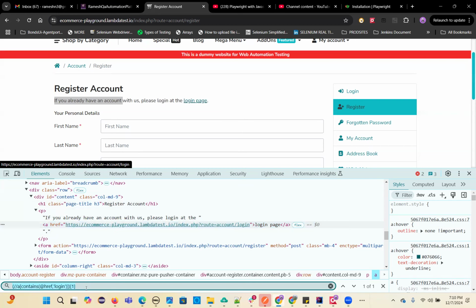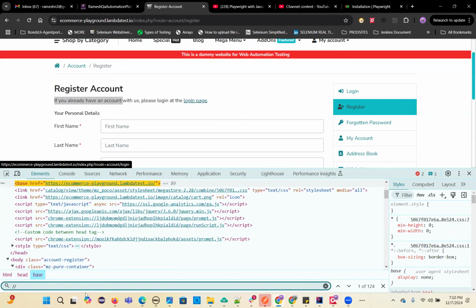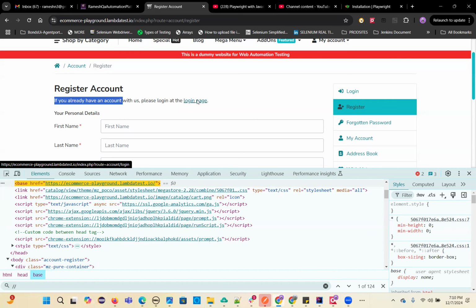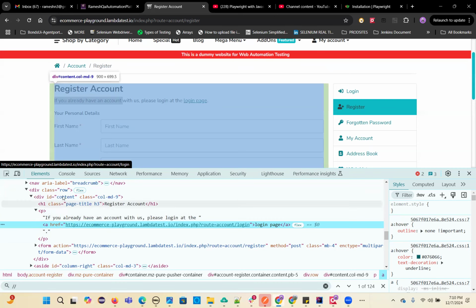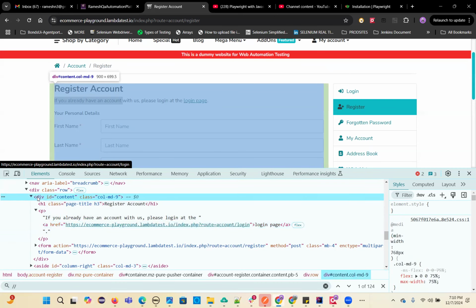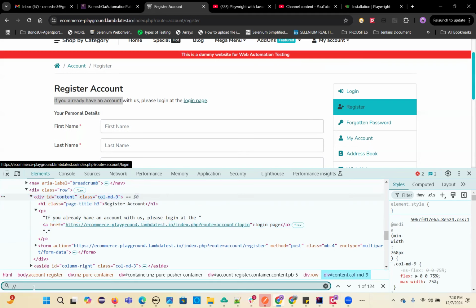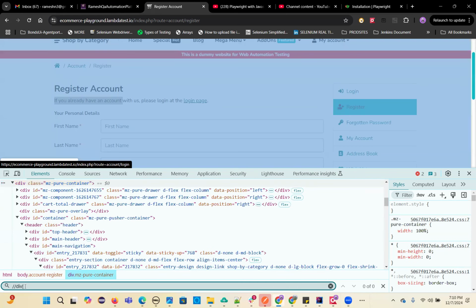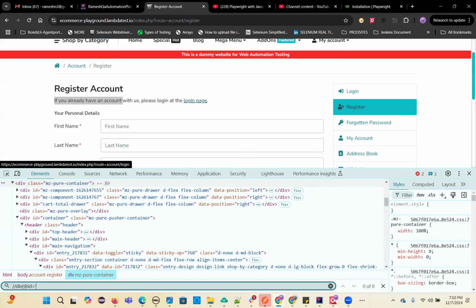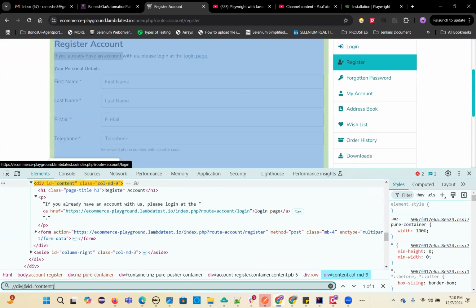So let me show you how to write a relative XPath: double forward slash. You need to start from here. So div ID. Write a div, square bracket, at the rate id equal to id value. So then